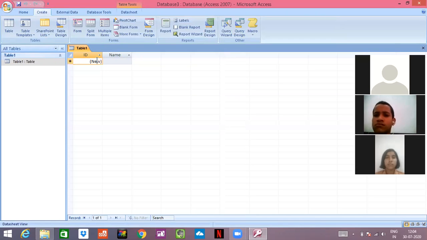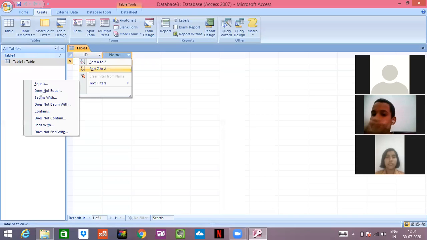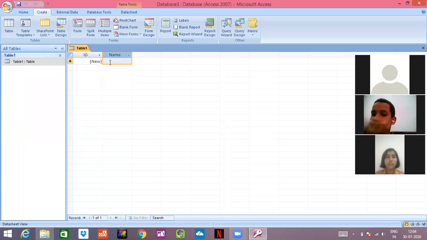My ID number is 001. Name, I would like Nidhi. Why is my name not coming? See, Nidhi is there. ID is coming by itself.